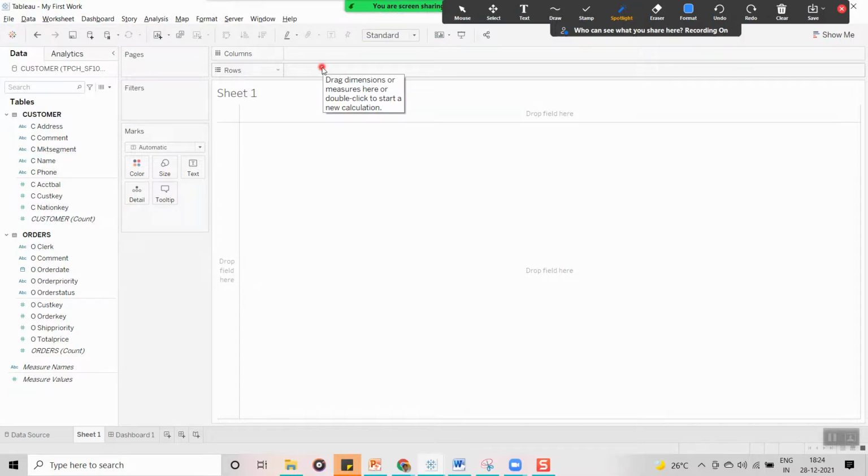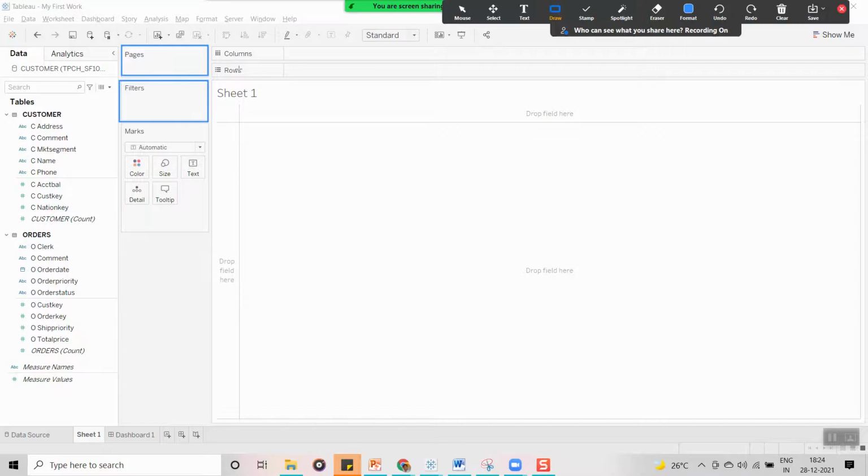The shelves are the page shelf, the filter shelf, the column shelf, the row shelf, and the marks card.